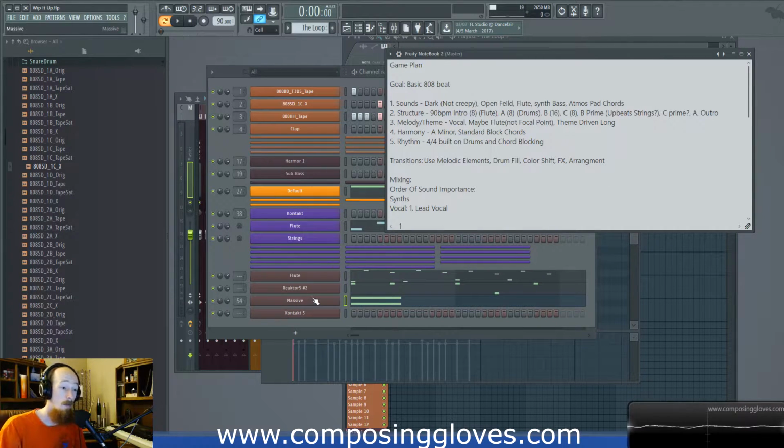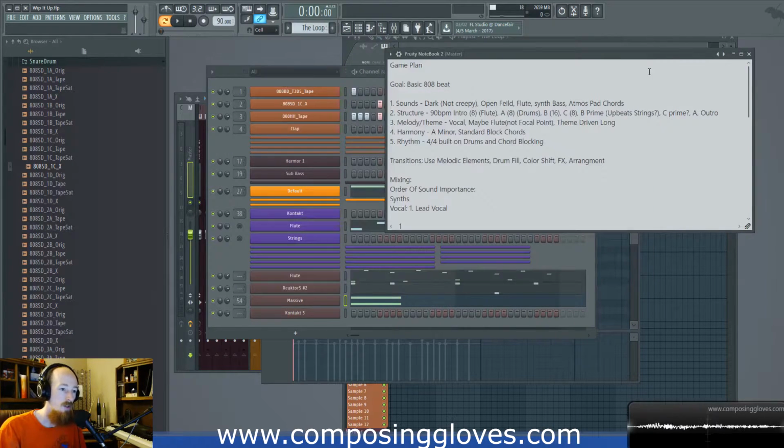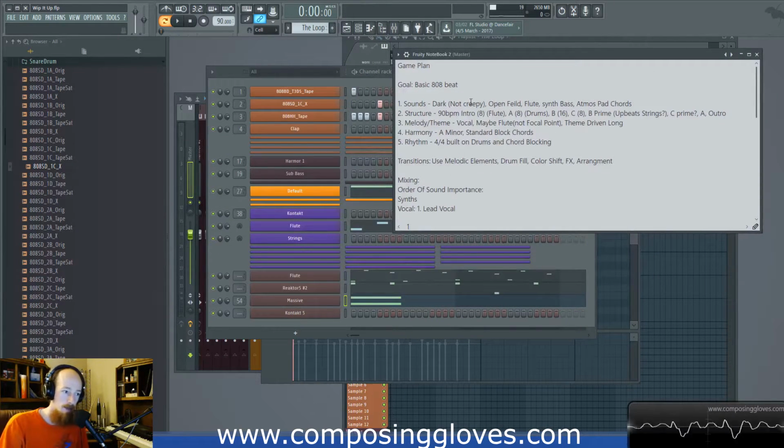But because I know the nature of the sound I want, you are now able to take advantage of the fact that it says synth pad and just look up atmospheric pad chords. They even have airy pad, basic pad. It's super useful to be able to do that. When you do your sound design, include those elements so that when you do this, it's very useful. So they integrate with each other better now.